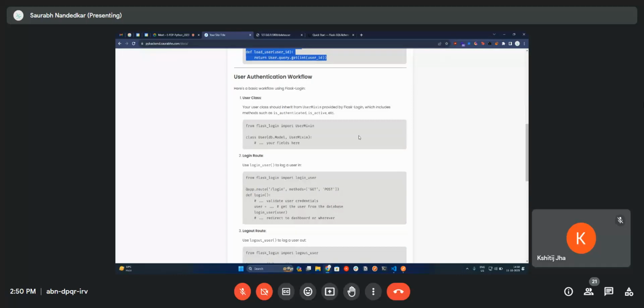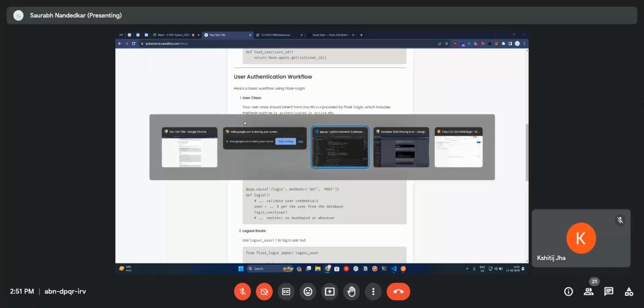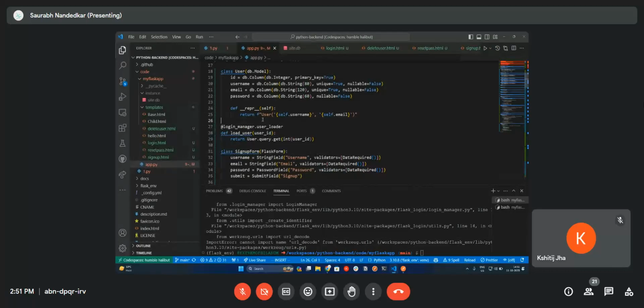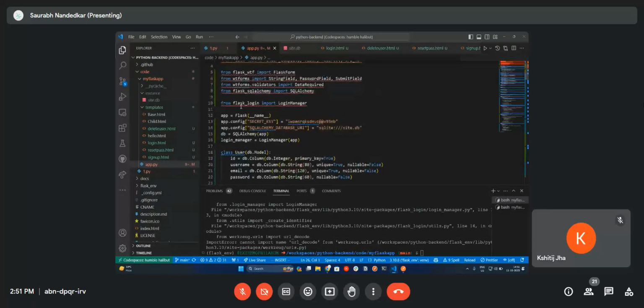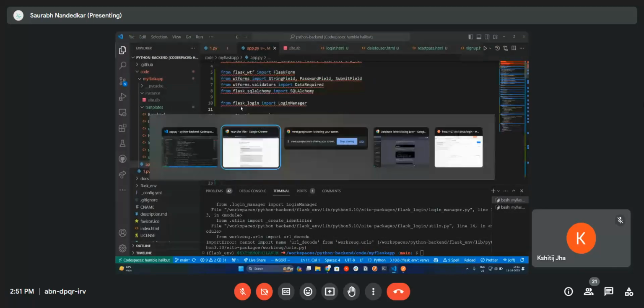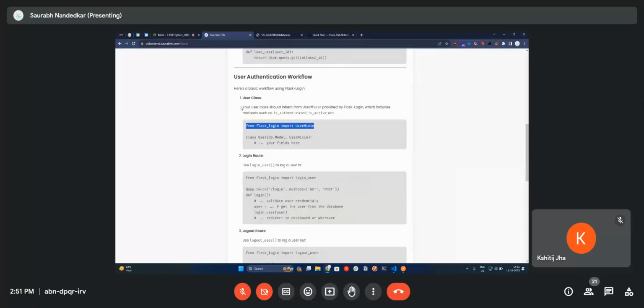Now, to make things easier, Flask login has this mixin. This mixin will handle your login, logout, and if the user is logged in, it will maintain a certain token for it. So from Flask login,